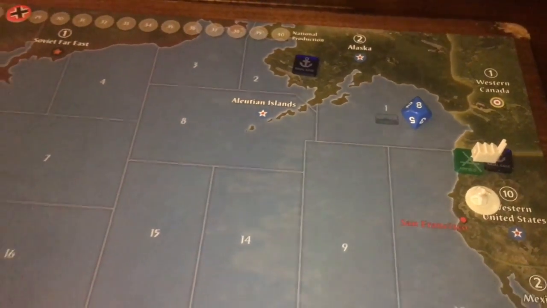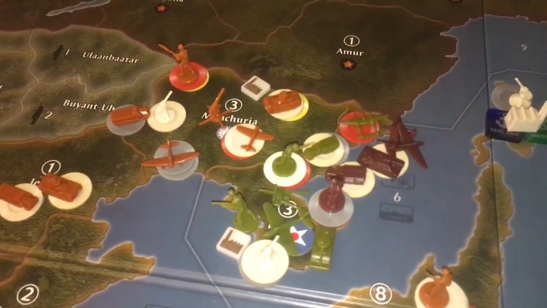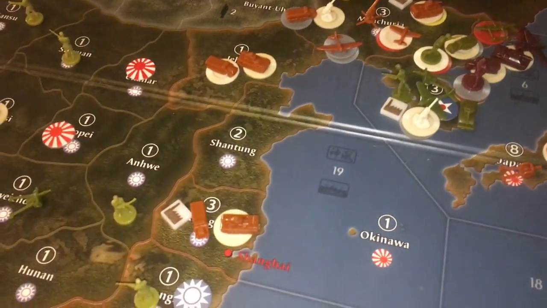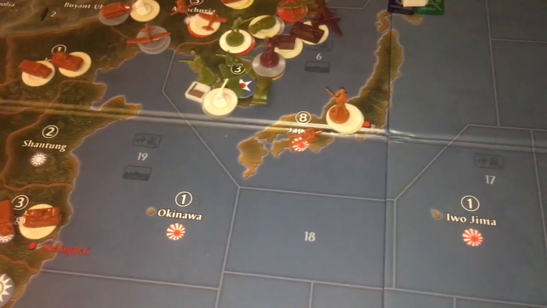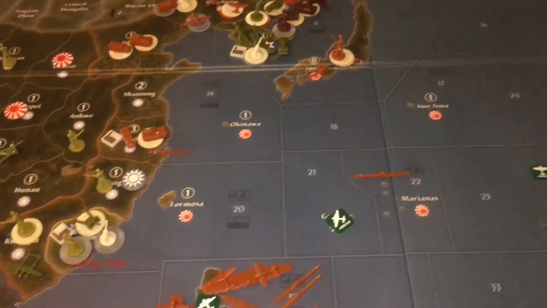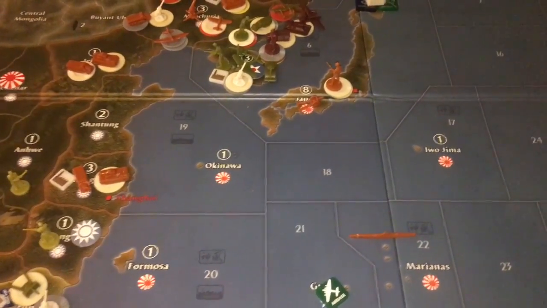Halfway through turn 8, and Japan has just completed its turn, which was kind of anticlimactic because it didn't do much. Still building up land units here in Manchuria, built a few down here. So far, at least this turn, Shanghai is safe from the Chinese hordes. But you'll see we cleared out the naval units. We could have gone up to Alaska, made a nuisance of ourselves up there, and thought about it long and hard, but